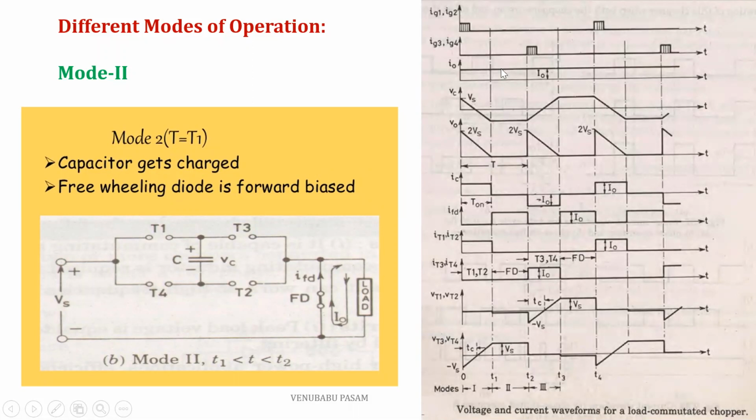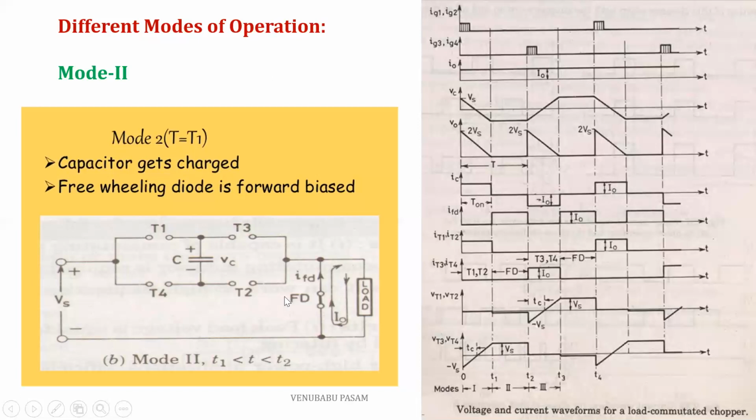The load current is maintained constant and the voltage magnitude across the capacitor is Vs during this period. During this period the load voltage is 0 because of freewheeling, and the charging or circulating current is 0 because everything is open, and the voltage across thyristors T3 and T4 is constant, that is Vs.